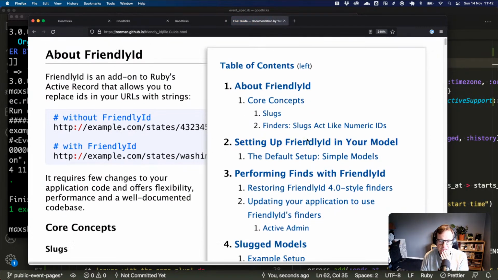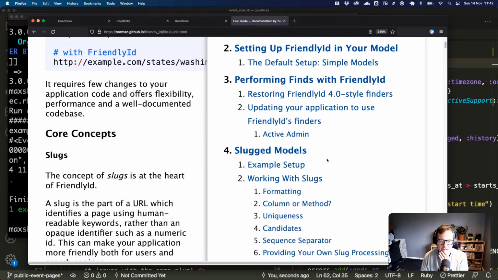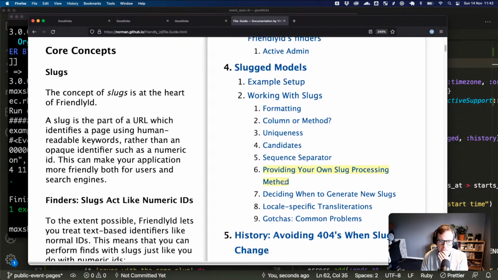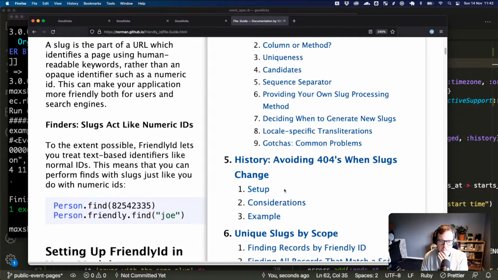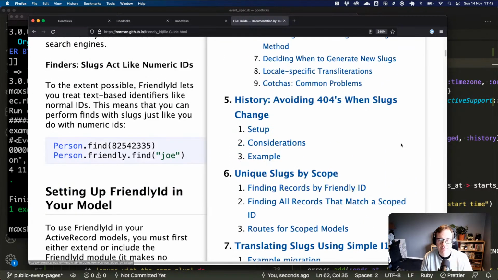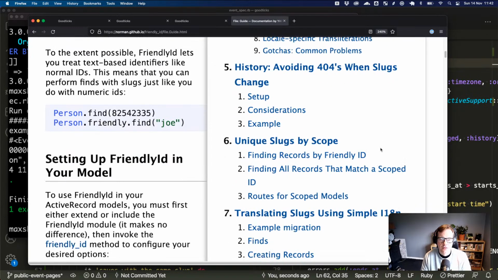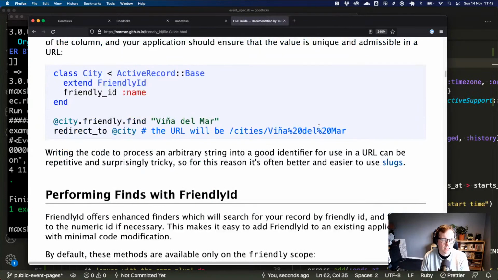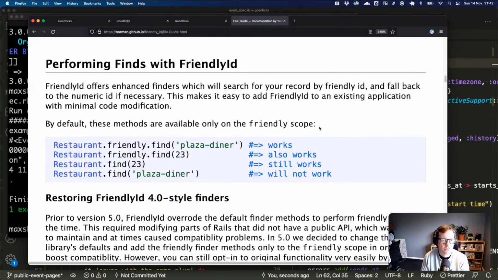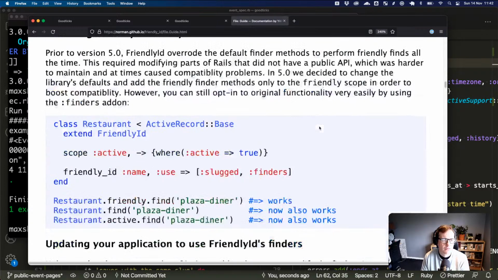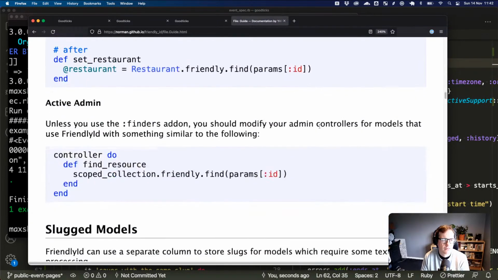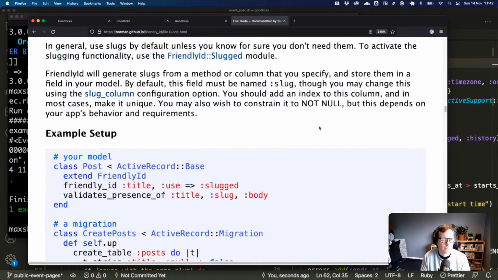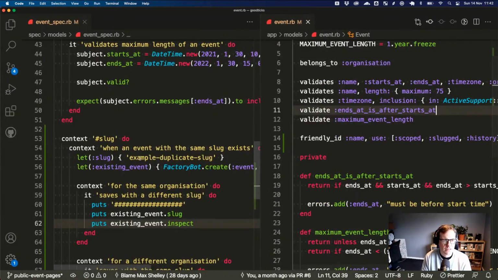Core concept slug, setting up friendly ID, performing finds. Maybe I don't care. Maybe just set the name to be a thing that produces a common slug. Yeah, maybe I actually don't care.